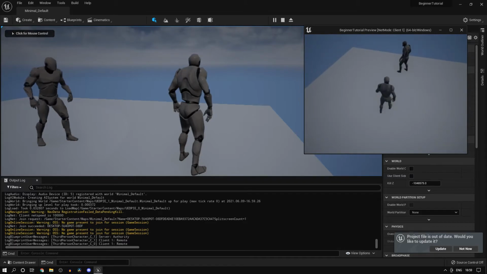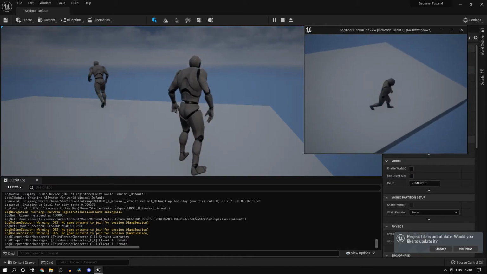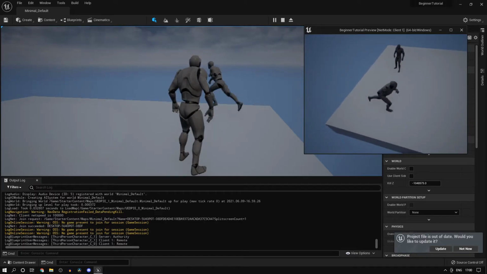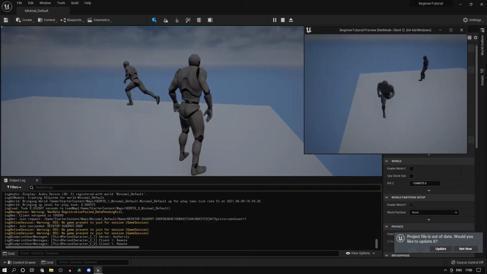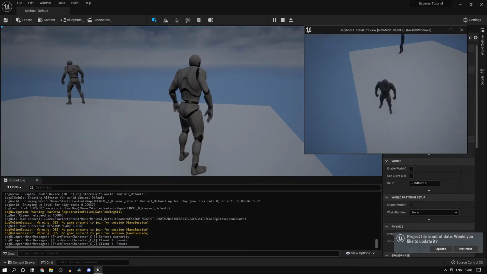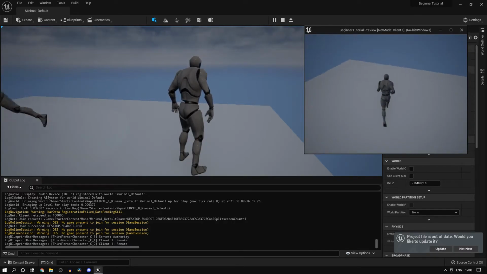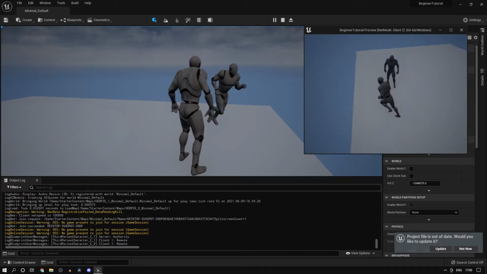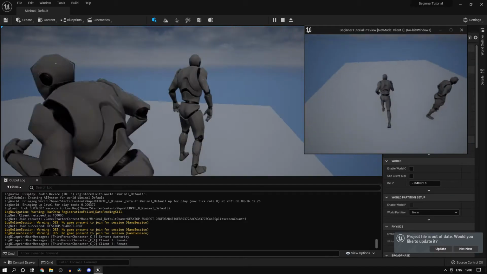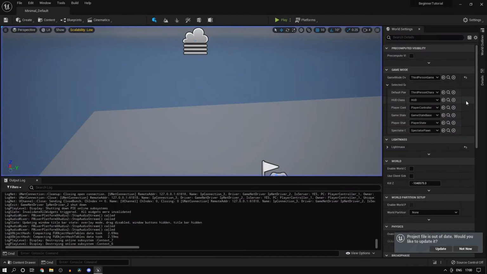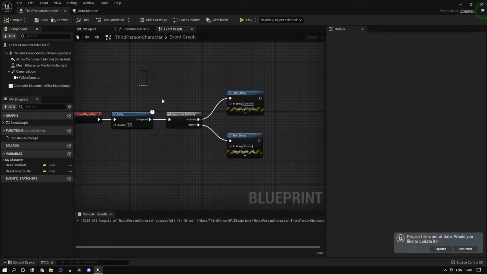Since this is a multiplayer game, each player's computer has to spawn an object of each other's character or anything that's replicated. That's actually the fundamental principle on which multiplayer games work. So that is basically how it's done. Both the server and the client have one object spawned of each other's characters. So that's basically how things are being replicated over here. So now let's head back to our character blueprint. So let's just delete that.